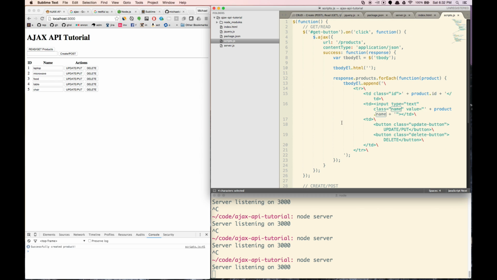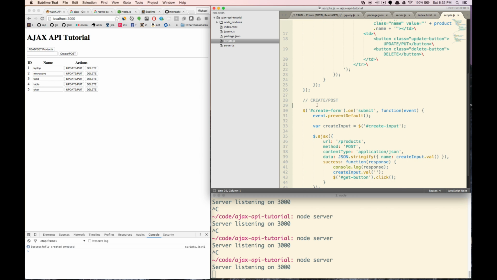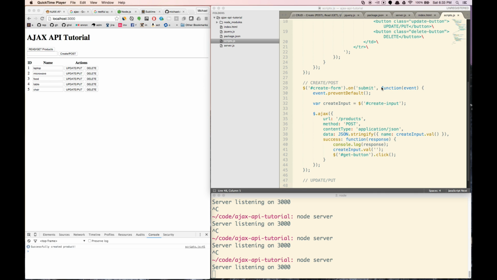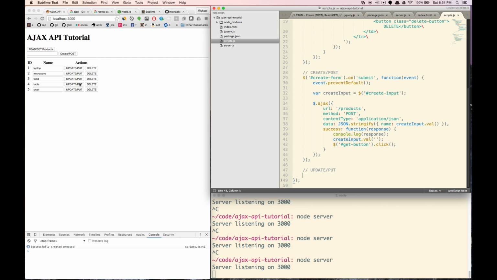So this is pretty straightforward. Let me get rid of this space here just to be consistent. Let's move on to our update/put now. So let's say update/put. And this time we're actually going to use a different format for our click handlers, because since these items